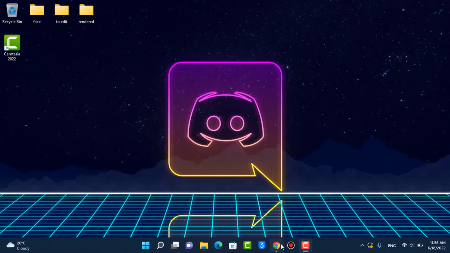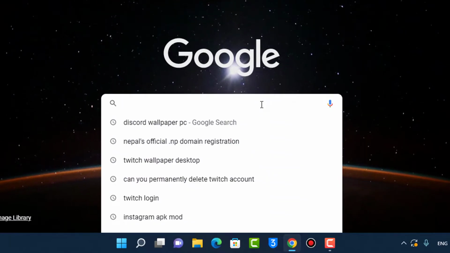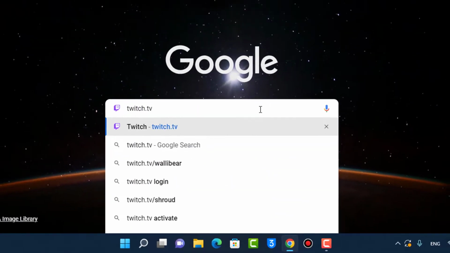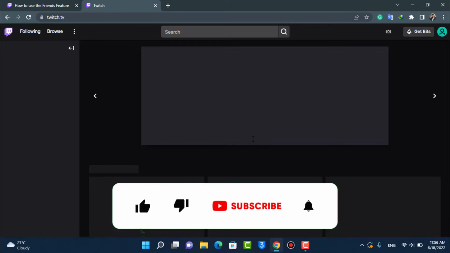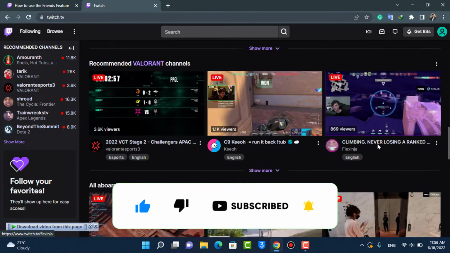First of all, we're going to simply open any of the browsers which you have on our device. And in the search box, we want to simply go to twitch.tv. Once you go to twitch.tv, make sure that you are logged into your account. And after you are logged in, you can see this is how the home interface of the website is actually